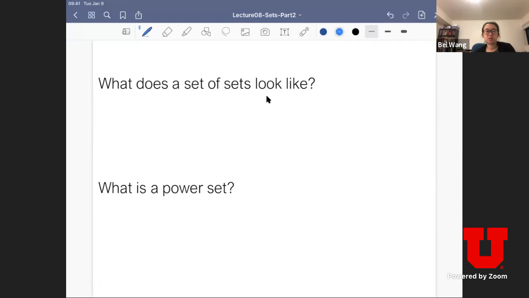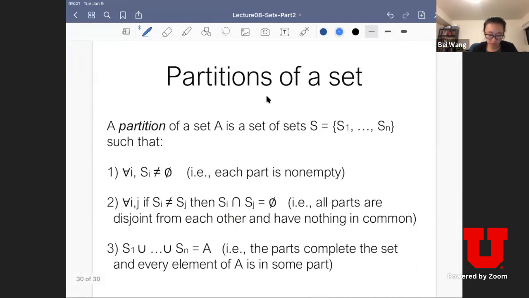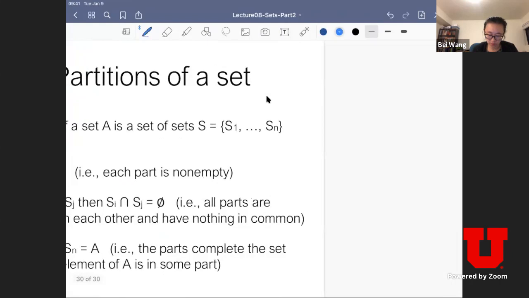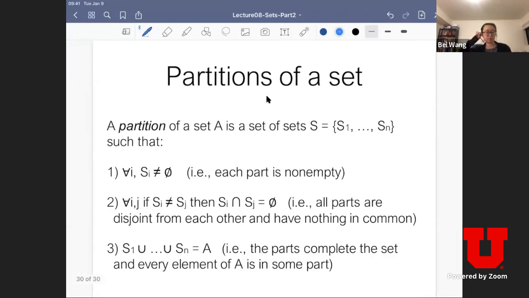So what does a set of sets look like? Remember, the mental picture is a box of boxes. And what is a power set? A power set of a set A is all possible subsets. Okay. Now the next question we want to ask. Oh, actually, it's just a review. Again, we want to look at